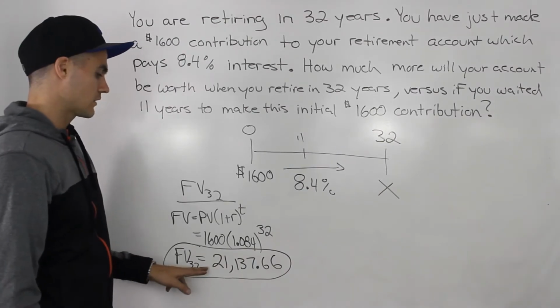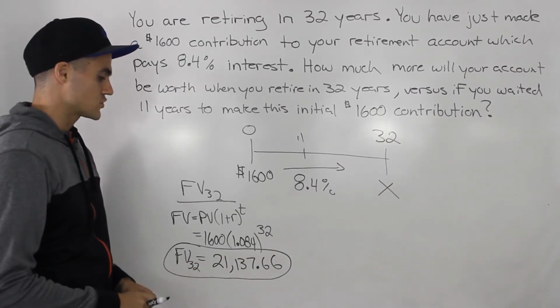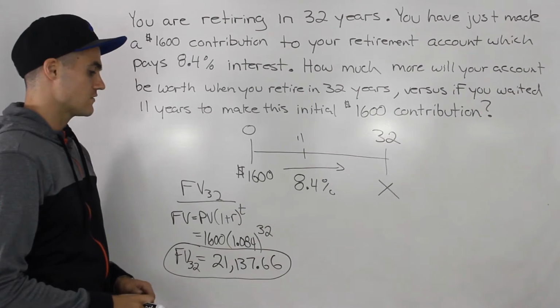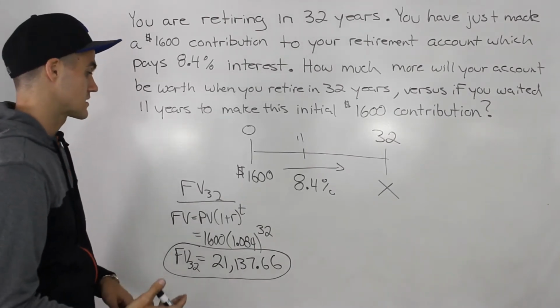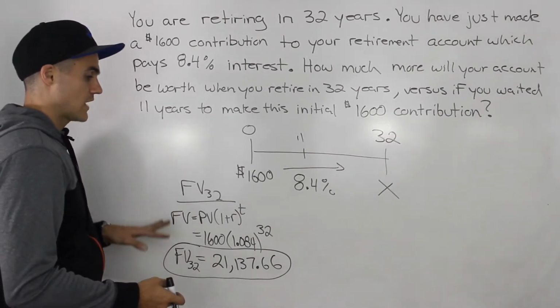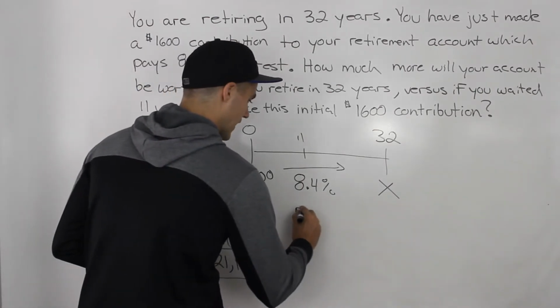So when you do that in your calculator, you end up getting a future value of $21,137.66. So that's how you do it algebraically. You can also